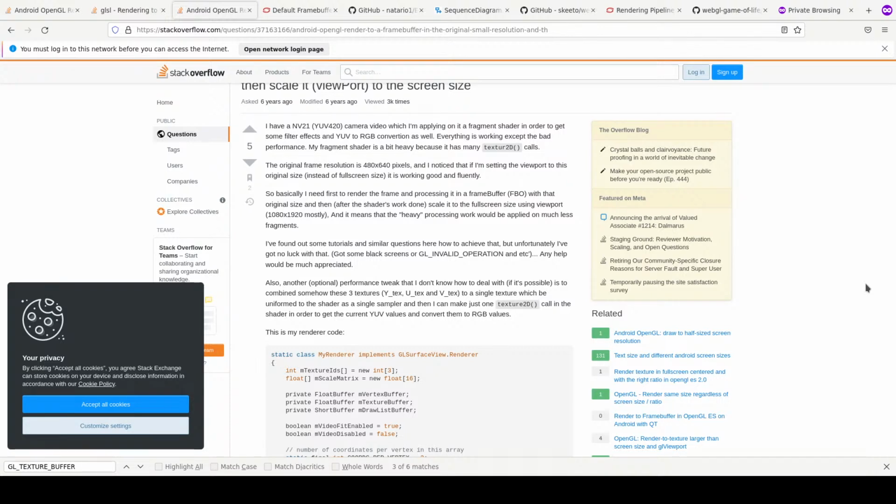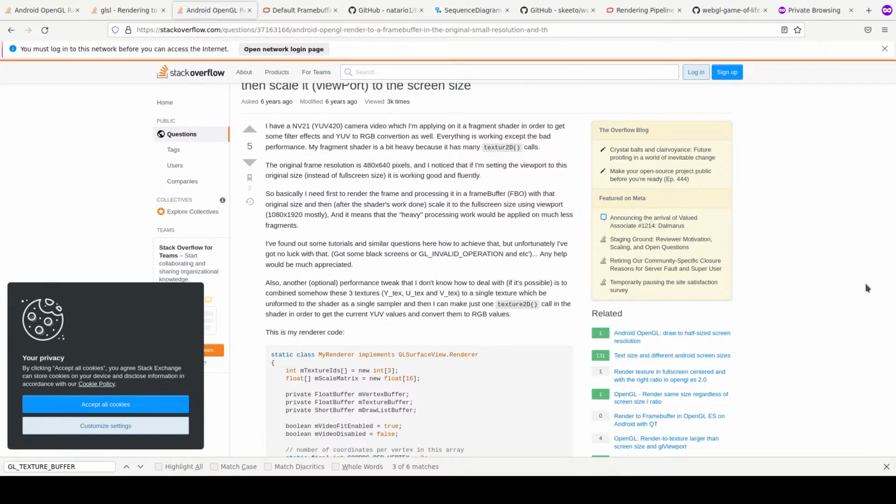Everything is working except the bad performance. My fragment shader is a bit heavy because it has many texture 2D calls. The original frame resolution is, I noticed that if I am setting the viewport to this original size, it is working good and